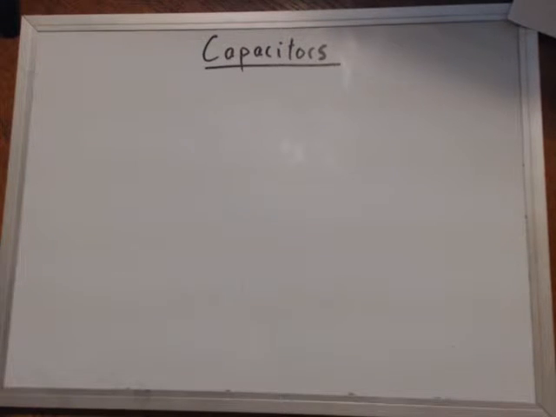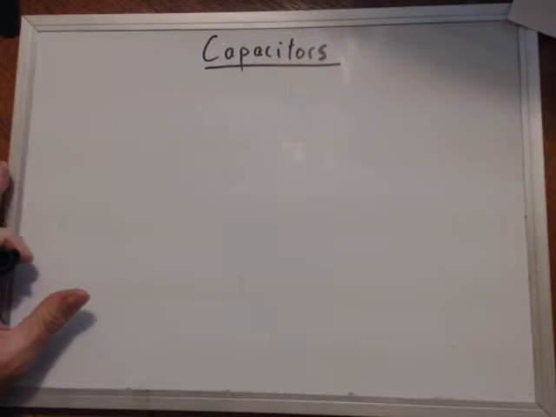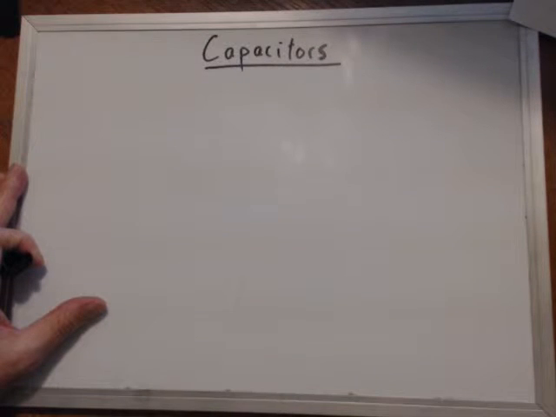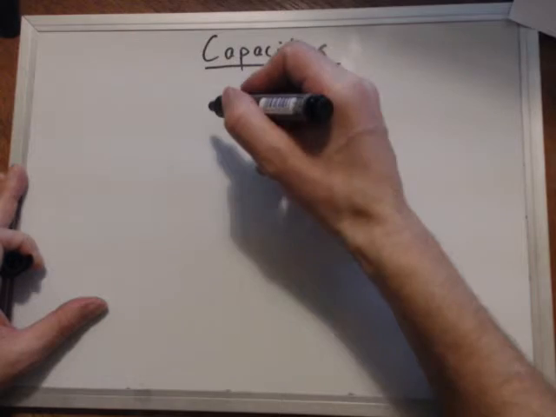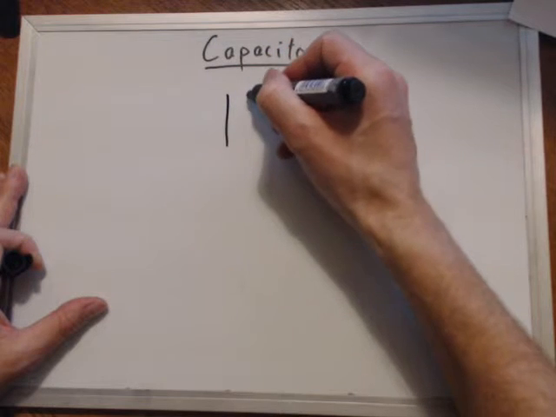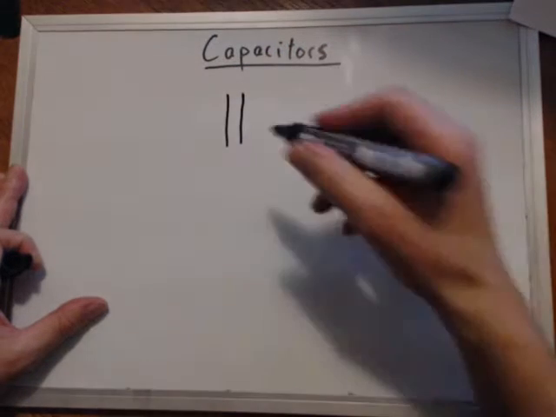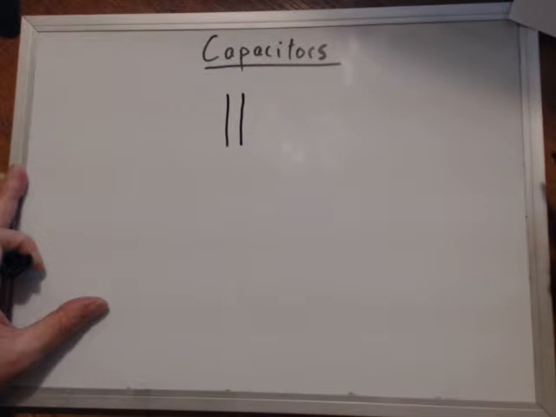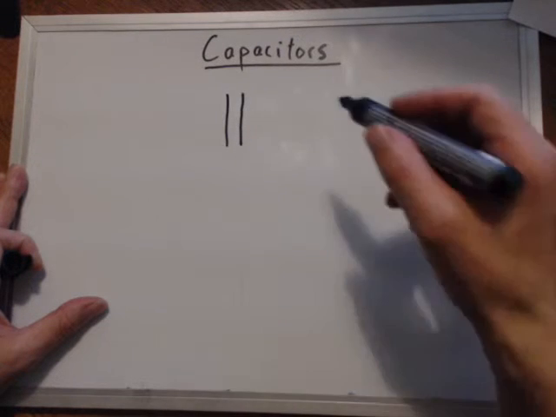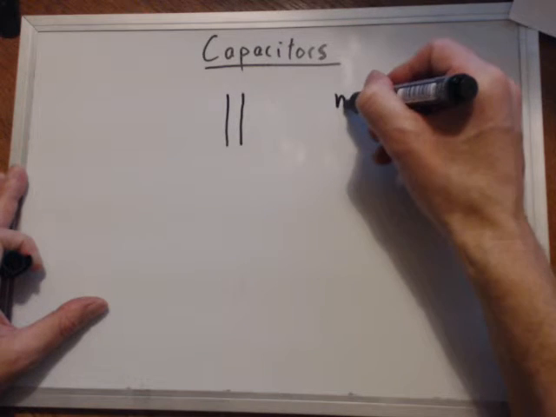Hello, in this video we'll be looking at capacitors and capacitance. A capacitor is effectively an electrical or electronic device that stores charge, and is represented by this symbol here. It's meant to be two parallel lines, because effectively a capacitor is two conductors separated by an insulator. So they can be thought of as metal plates,